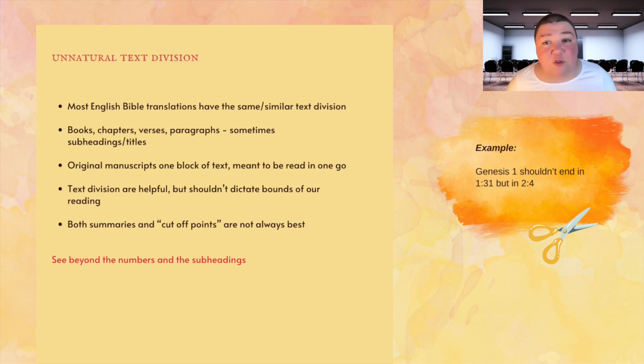The original manuscripts were one big block of text, and typically they were meant to be read in one go. And it's worth being aware of this when you're applying contextual reading. Although those chapter and verse divisions are very helpful to us today, don't let them completely dictate the way you're reading the text. Sometimes those headings don't do the best job at summing up what the paragraph is really